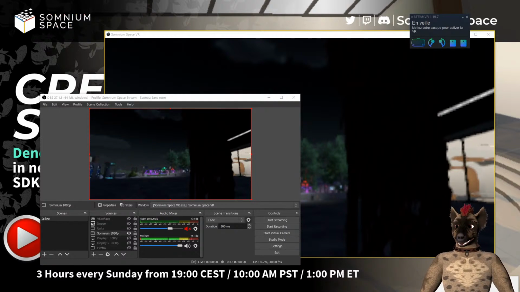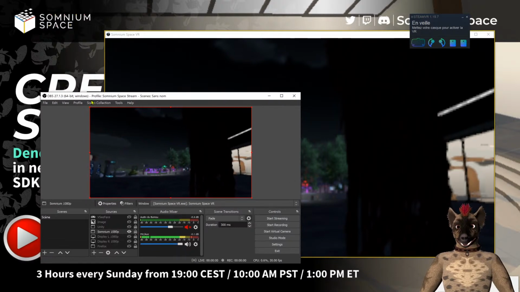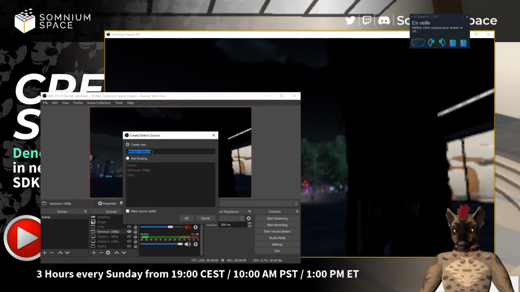Welcome to Somnium Space tutorial. I'm going to show you how to use OBS to record your camera in VR. So first of all, you need OBS installed and you need a source configured for the window. So you can press plus here and you use window capture. You can call it